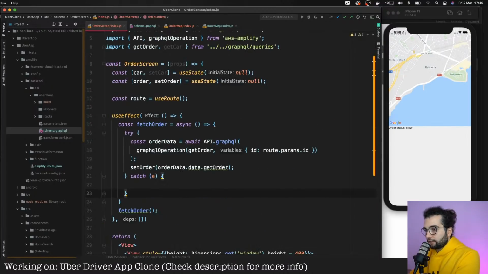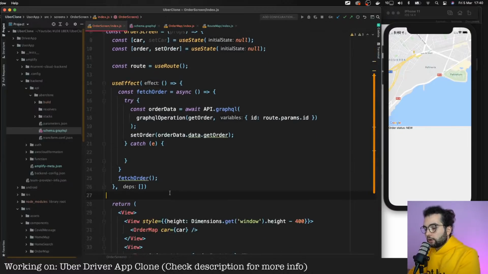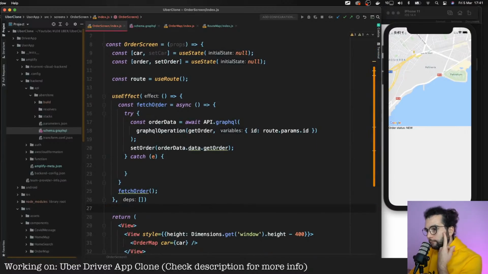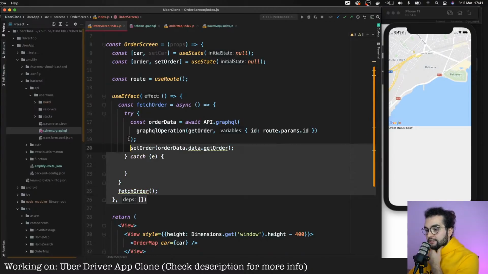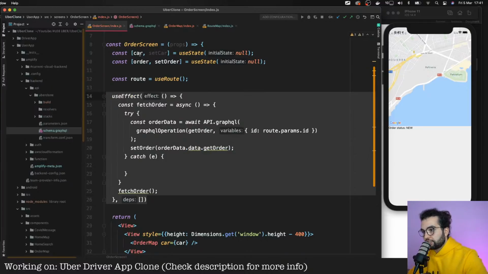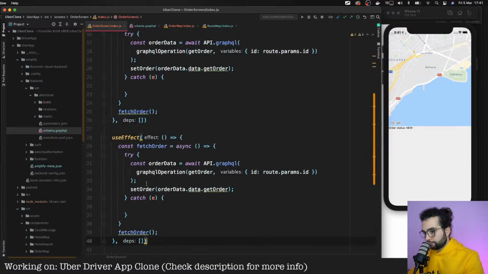But if we go back to the order screen, now let's think about the next steps. Let's register the same useEffect to fetch the car. So we will register a useEffect that will fetch a car.